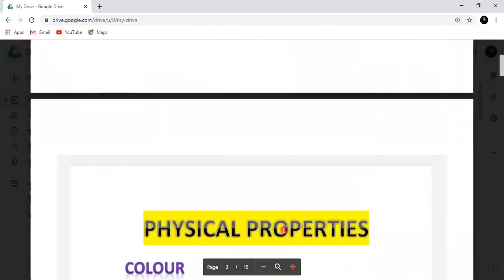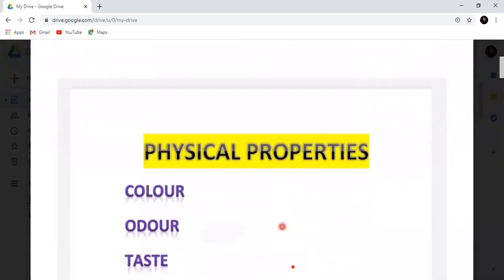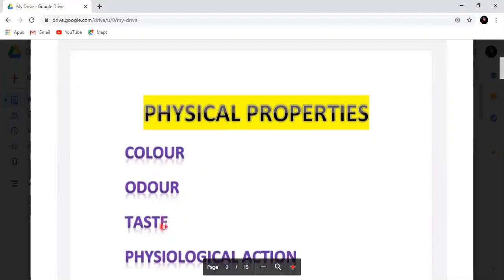Students, regarding the properties, first of all, we have to study the physical properties. Under the physical properties, the first one is color. It is colorless in nature. Odor: strong, pungent, choking smell, which is the identifying feature of ammonia. Taste: slightly bitter or alkaline in nature. Due to this alkaline taste, it is basic in nature.